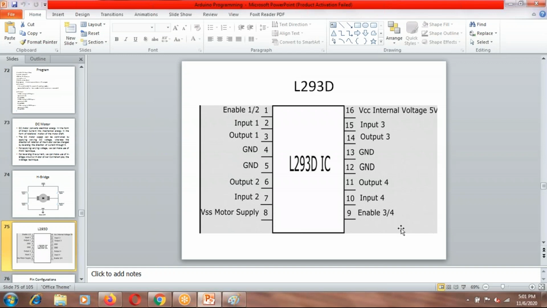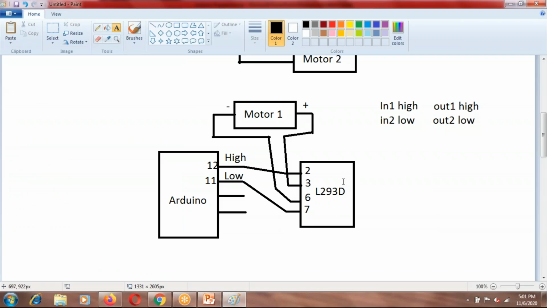Enable 3-4 is also there, which will enable this part of the IC, so this also needs to be connected to the positive potential, to 5 volt. Is that clear? So this is how this IC will be able to control both the motors together. Right now I've just asked you to connect one motor. Just try connecting one motor, write the program for it and see how it is working. We'll discuss the table later on for both the motors, how to connect them.